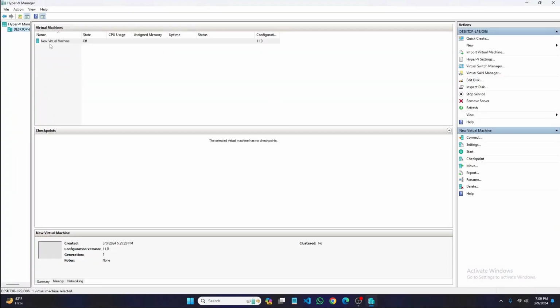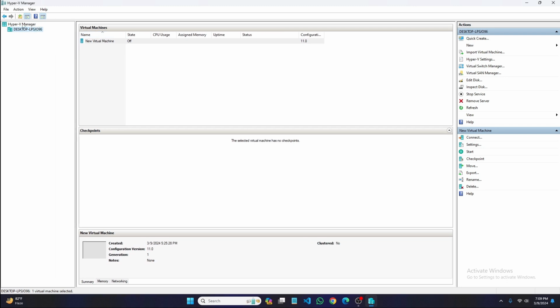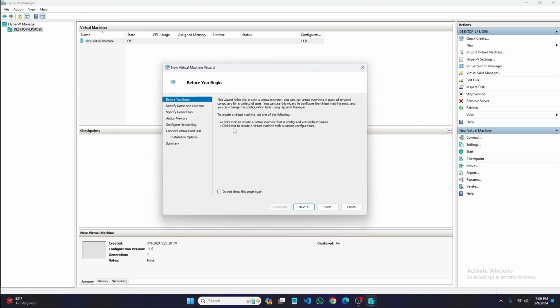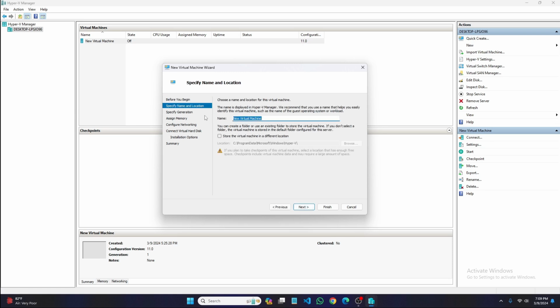And here I already installed a computer, and in your case you will see a blank space over there. You can go over to New and you can see the virtual machine option, or otherwise you can click the Action button and you can also see New and Virtual Machine. You go to Virtual Machine and here you can see this type of pop-up, and just click Next, and you have to give the name of your virtual machine, like I just gave Test 1, and